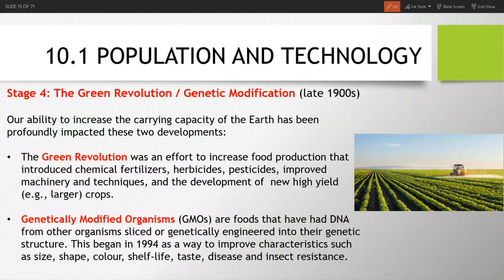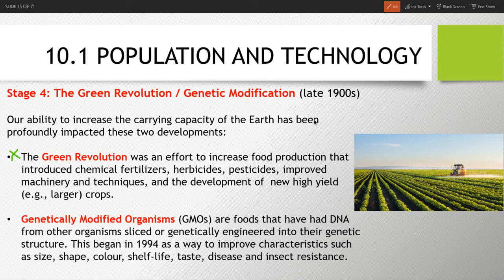The fourth and final stage here that we'll look at is much more recent. It's the Green Revolution, or genetic modification. We're looking at the mid to late 1900s for this. And this is related to some new technologies around how food is grown. Okay. The Green Revolution